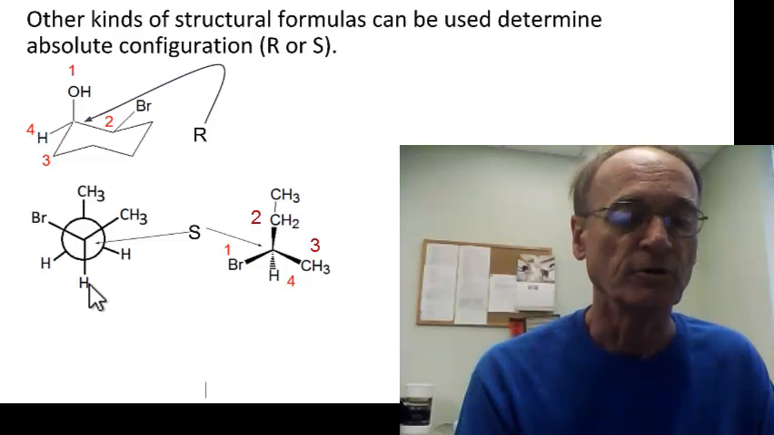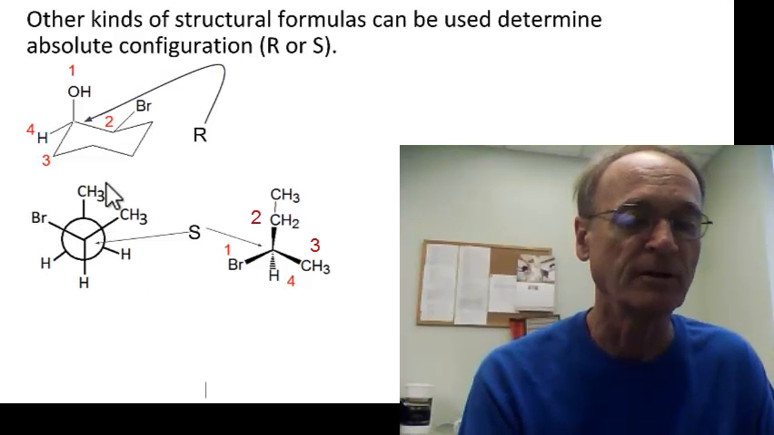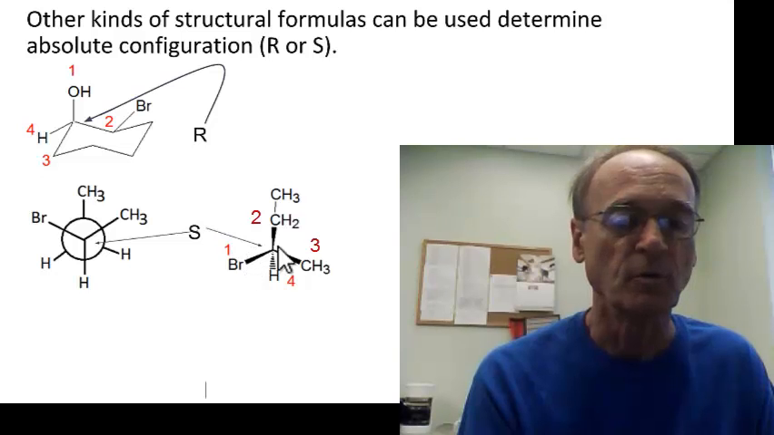So what we're going to do is take that hydrogen, we're going to push it back into the plane. That's going to swing this methyl group down here, the bromine down here, and swing the ethyl group that's back behind there up. And so it becomes 1 to 2 to 3, and so this would